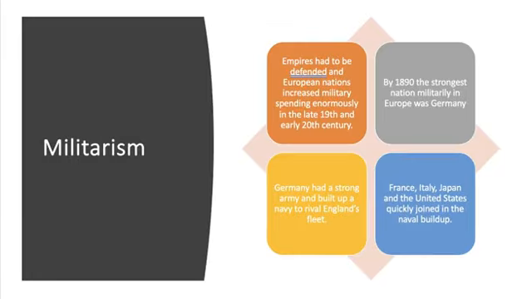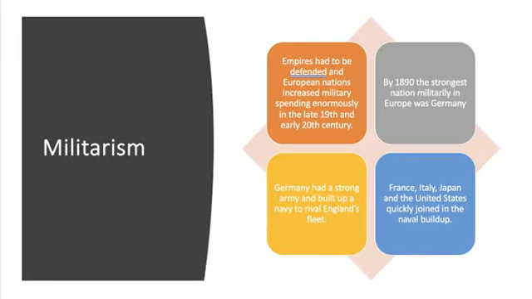The next thing that I have up here is going to be with the A's for alliances, and that's going to bring in the alliance system. With the alliance system, by 1907, there are going to be two major defense alliances in Europe. And what we mean when we say defense alliances is that with these alliances, if one of these nations is to be attacked or to be sort of brought into a war, their allies are going to support them and will also become part of whatever type of conflict that is.